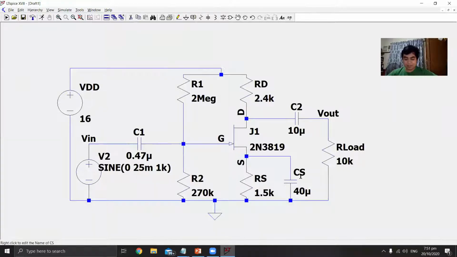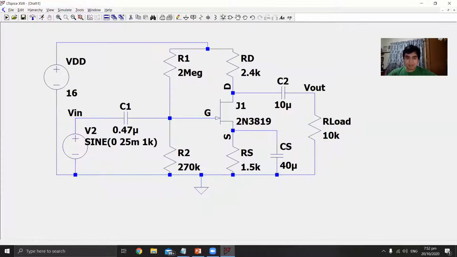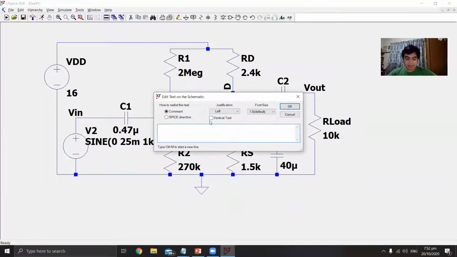Capacitor CS is connected across resistor RS. This is known as a source bypass capacitor, which bypasses the source current to the ground, and because of that, there is less voltage drop across the source resistor, and it increases the voltage gain at the output. The gate-to-source voltage is reverse biased during the positive half cycle due to the voltage divider biasing of the input signal. To better understand this circuit, it is given that